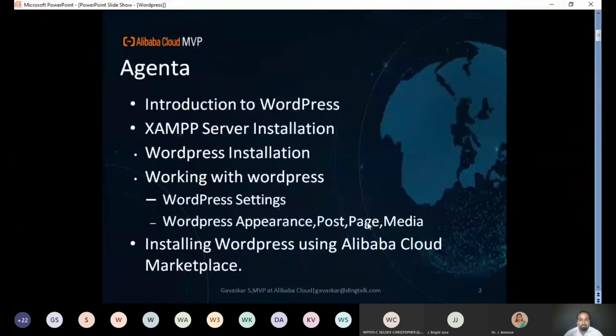So the agenda for today's webinar is, first, we are going to see the introduction about WordPress. Then we are going to see how to download and install SAM server. The SAM server is for Windows systems. If you are working with Linux, you have to go for a LAMP stack. Then we are going to see how to download and install WordPress, and then we are going to work